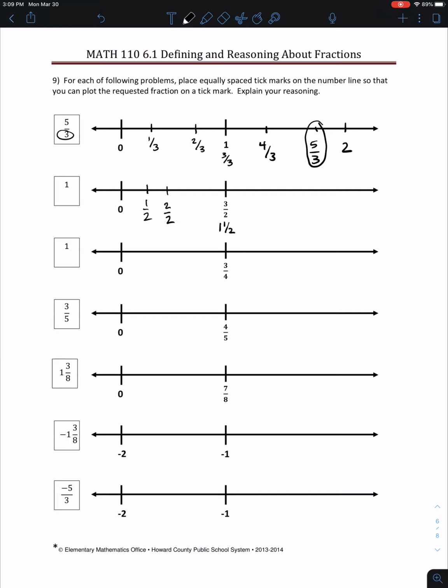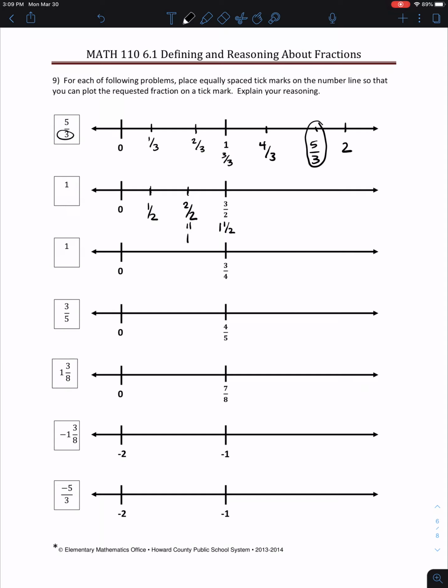2/2. Oops, did that wrong. Hold on, let me start over. See, we all can make mistakes. So in this case, I'm trying to get 3/2, so I need to get 2 tick marks in this spot. So I'm almost like dividing that up into thirds. So even though my denominator is 2, because I'm past the 1, I still need to divide it up into thirds. So this would be my 1/2, this would be my 2/2, this would be my 3/2,